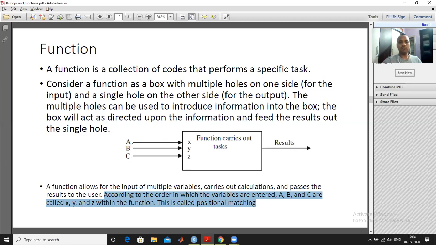If you give the input in the form of a, b, c, then a will be assigned to x, b will be assigned to y, and c will be assigned to z. It will not be the case that b is assigned to x, right? In whichever order you write them down, they will be assigned to the input variables of the function.